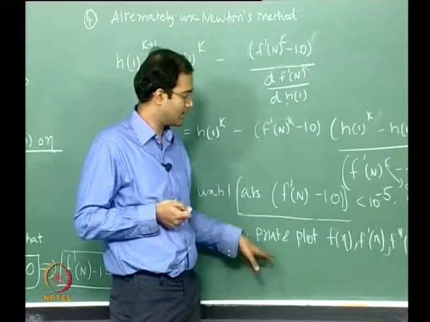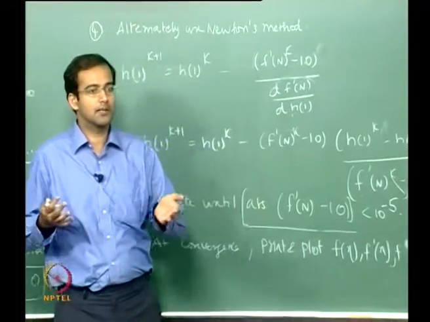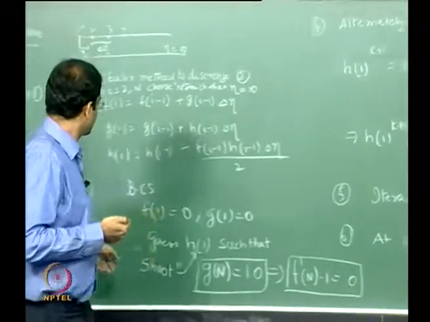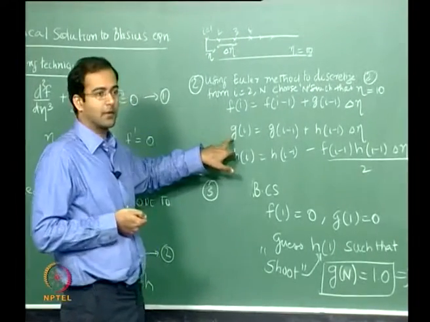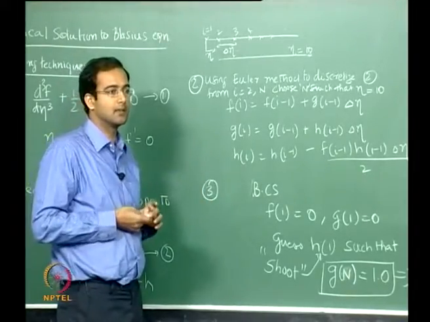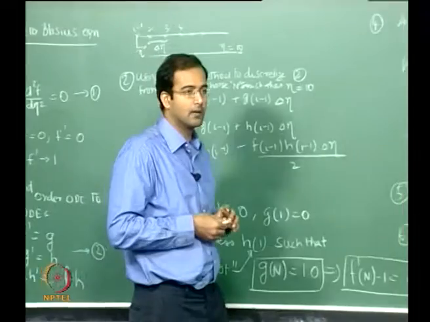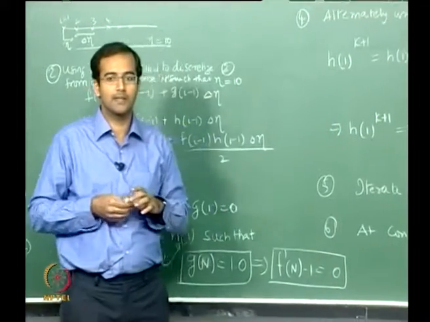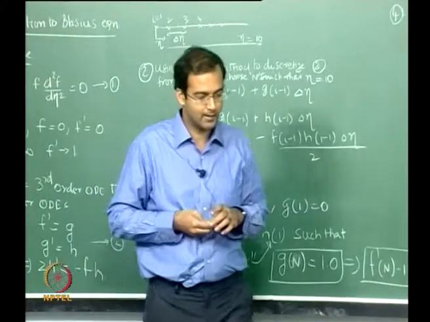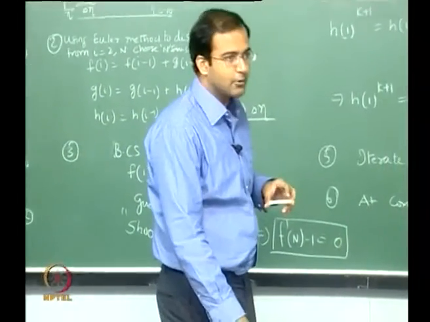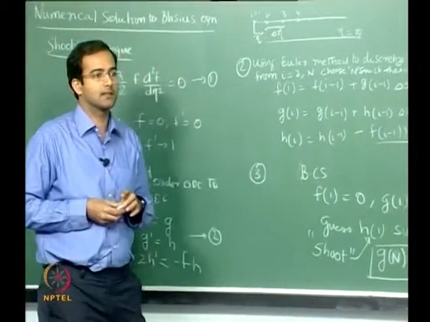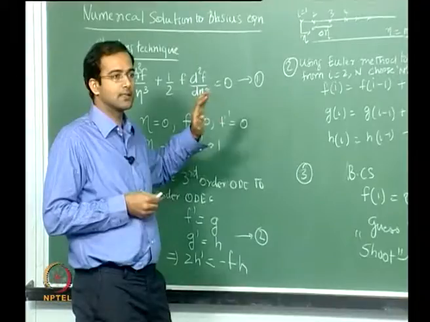Once it is converged, you now have the solutions completely, right? Numerically you have f, this is for f, this is for f prime, this is for f double prime. So you have all the solutions at all the points which you can plot, and you will be surprised to find you will be exactly matching the Blasius solution, whatever he did analytically. So this is a very good numerical technique, and we will have a few more ODEs in this course where you will be using the same method.